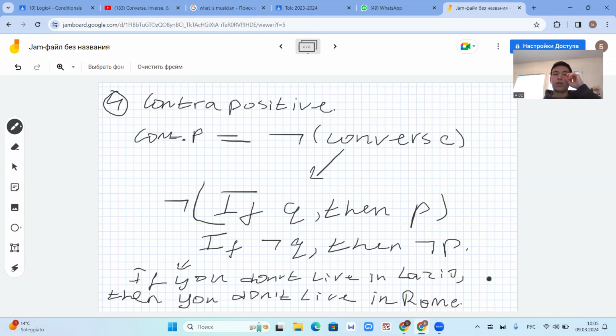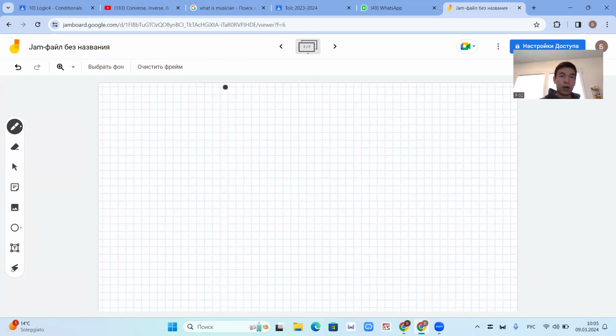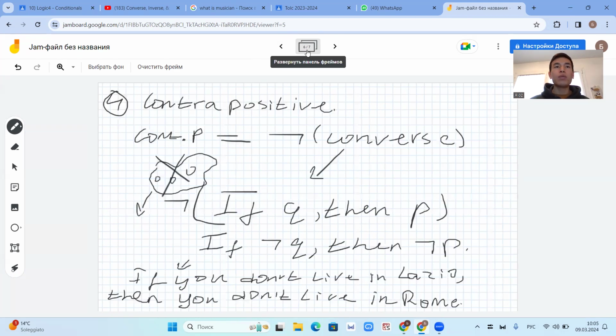Okay, let's check validity. Is it true or is it false? It's true. Yeah, because if you don't live in this region, Lazio, where every city inside, like Rome, Ostia, Anzio, if you don't live here, we are 100% sure you don't live in Lazio, you don't live in Rome. So not living in Lazio implies not living in Rome. Окей. Ребят, здесь все понятно по этим 4